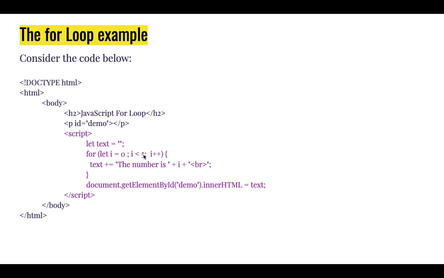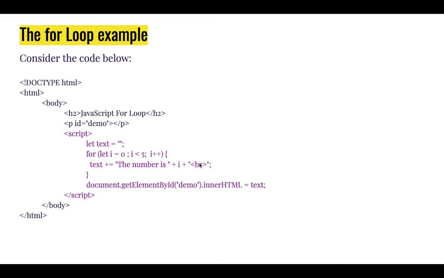The first time you run it, you say let i equals zero. So i is zero, and if i is less than five, do this. Zero is less than five, so the number is zero. Then it will come and add one to it, so i will now be one. If one is less than five, output the number is one, and then it will add another one. One plus one is two. If two is less than five,